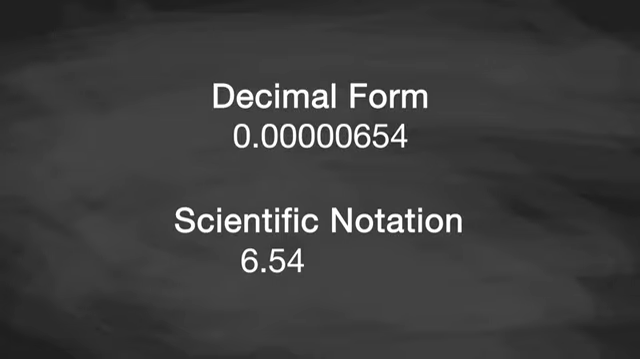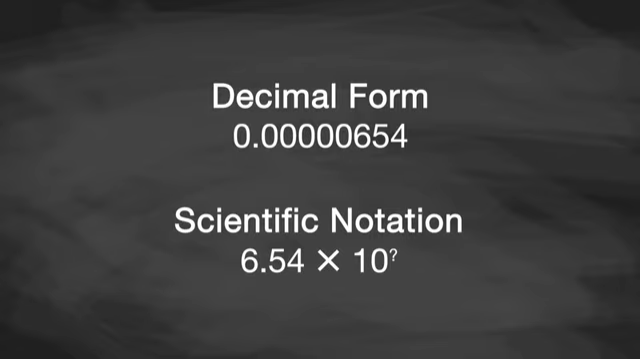When beginning with the number 654 millionths in decimal form, you first need to move the decimal so that there's only one non-zero digit to the left of the decimal. Then you write an x to represent multiplication, and then 10 to the power of how many times the decimal